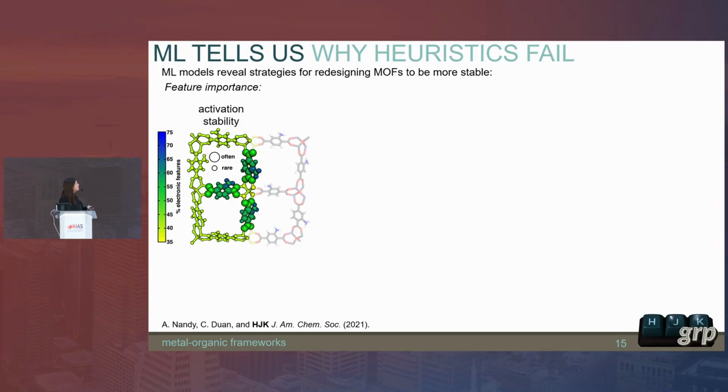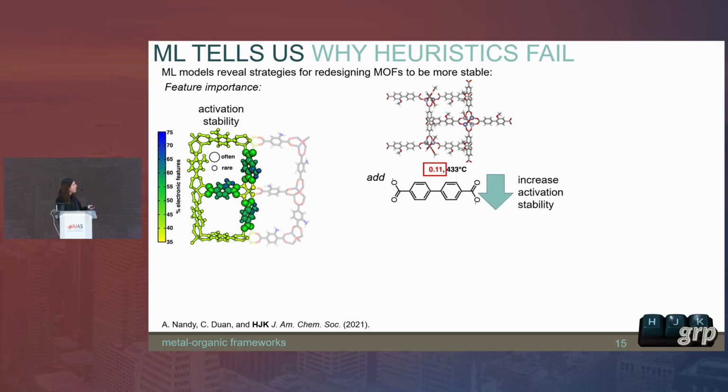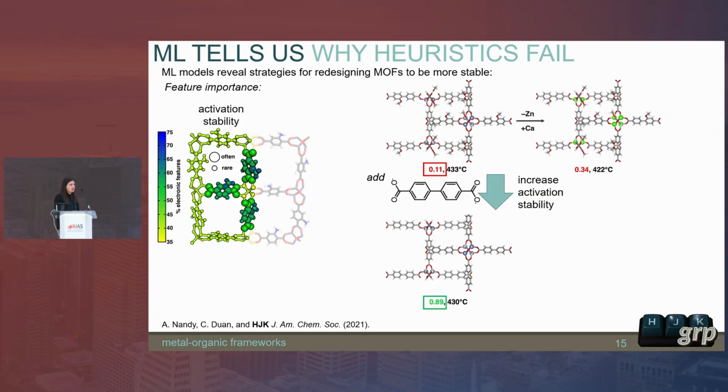One finding was that for activation stability, the linker, the organic part of the MOF, not the SBU, is what mattered most. For instance, if we take a look at this particular MOF here, it has a low activation stability. This number in red is closer to 0 than it is to 1. It has good thermal stability, though. So our model would pick up on the fact that the methoxy group on the linker is hampering its activation stability, and in fact removing that is correctly predicted by the model to then recover activation stability.